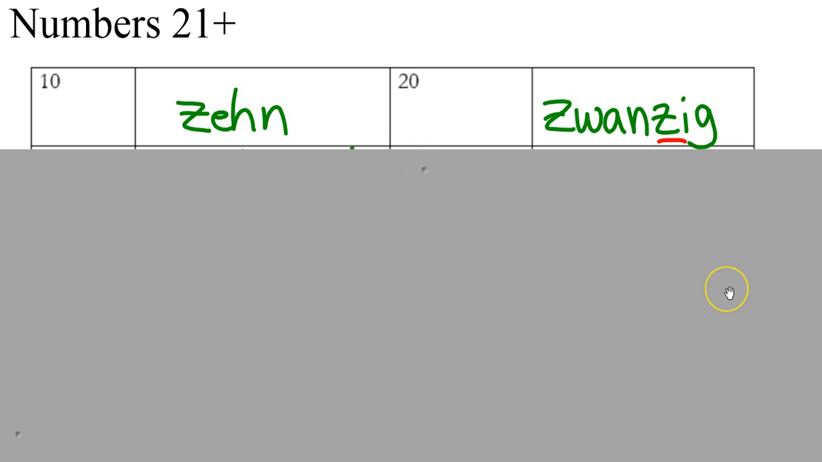And for 20, we have zwanzig. If you think about the number 2, you might recall that the number 2 is zwei. And knowing that will help you remember 20. So this is the area that we're going to pay close attention to as we look at the rest of the tens places. So 10, 20,